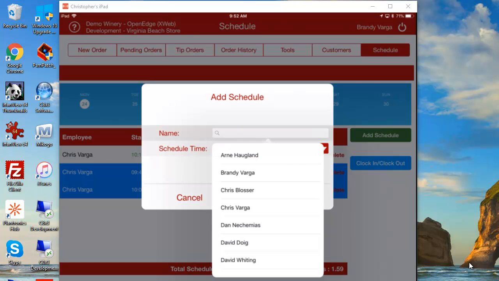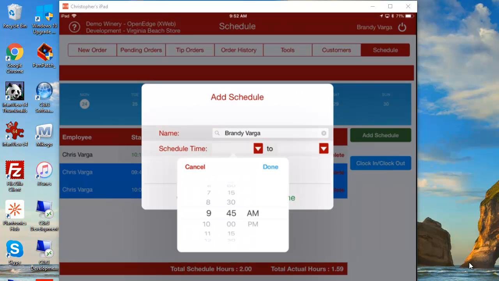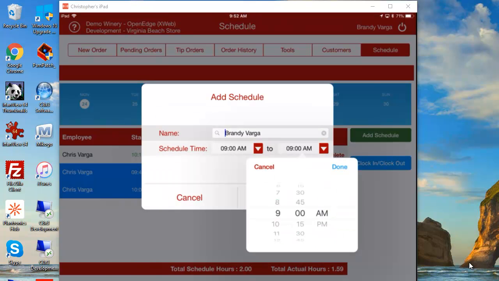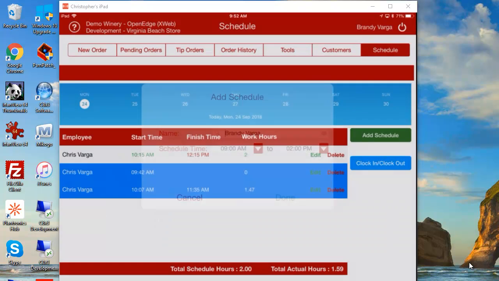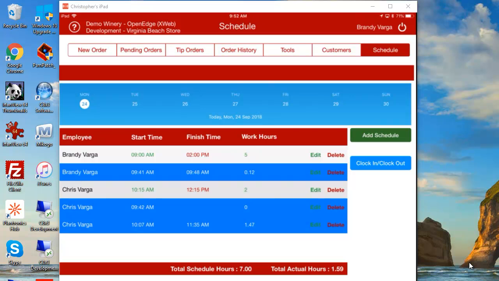If I do Brandy and put her in on the schedule, done. Now, see, it shows up. I don't want the blue in between. I just want all of the white schedules, the work schedules, up top, and then the blues down below, all right? And that means the clock in and clock outs. So, yes,